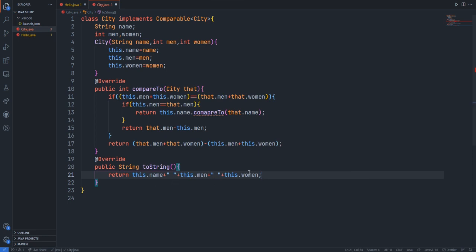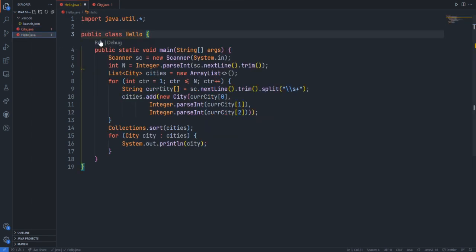Even though men and women are integer data types, when we concatenate those values with a string, it becomes a string. So we don't have to do any typecast like we usually do in C, with string or character arrays. Java will handle this. That's it, guys. Let's check how it works.